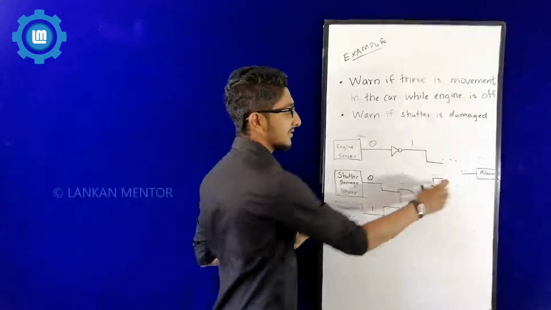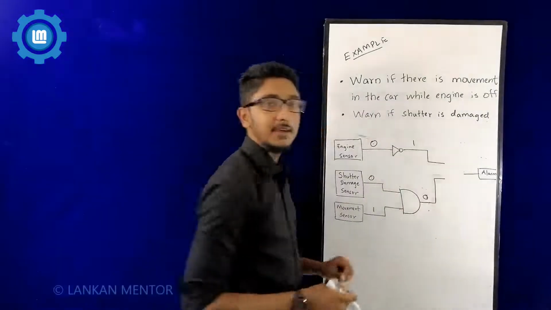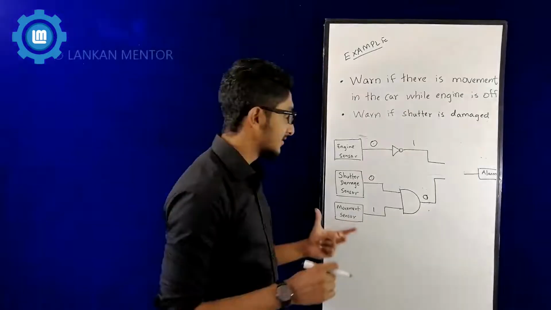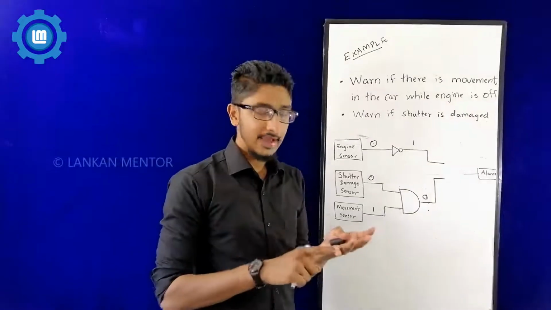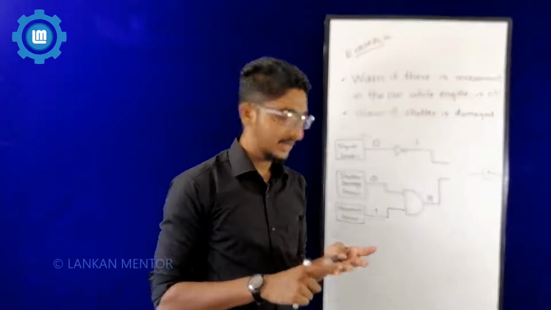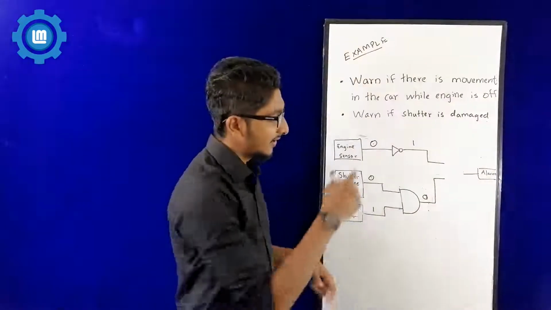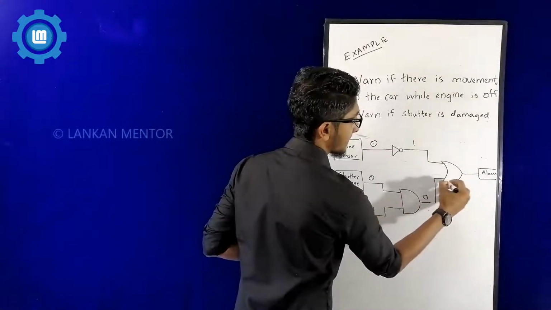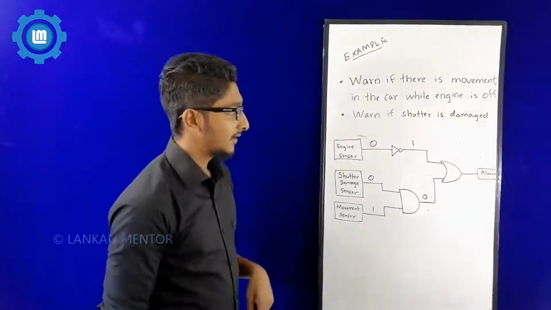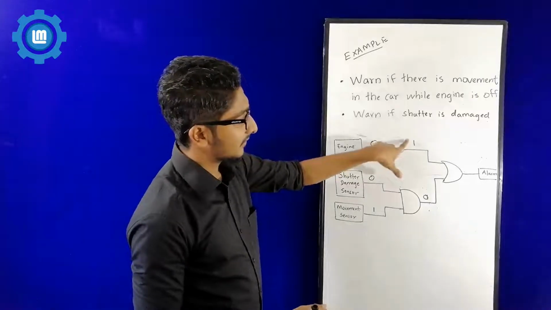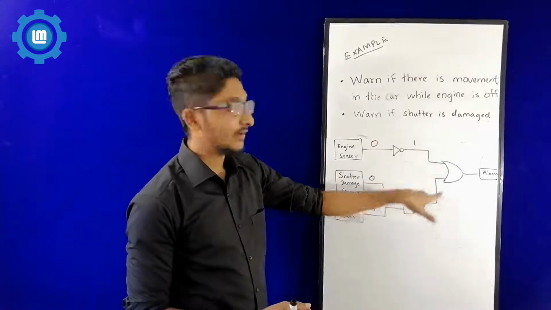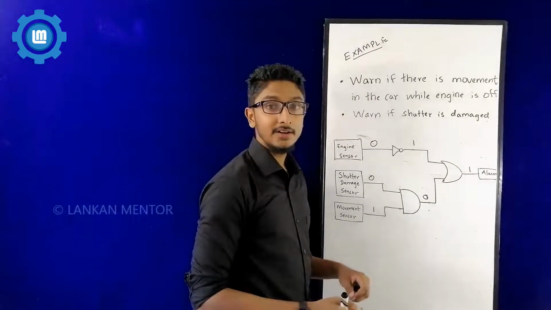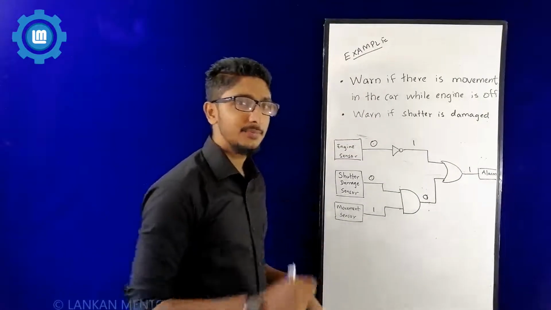Now the question says this circuit is built up of basic logic gates, right? So what are the basic logic gates you have? AND, OR, NOT, right? So we have an AND gate, a NOT gate. We'll try an OR gate there, right? Now you have 1 and 0. So 1 plus 0 is 1. Alright, so the alarm will work. But there is a problem.